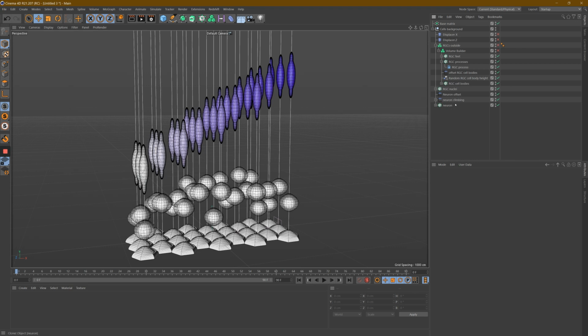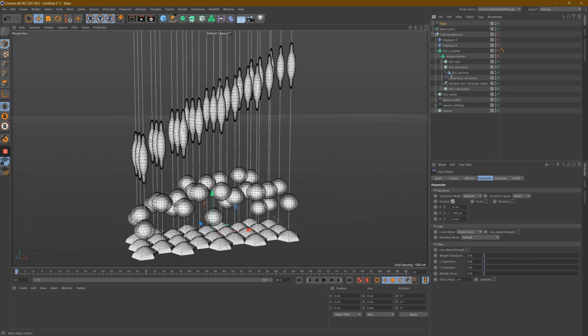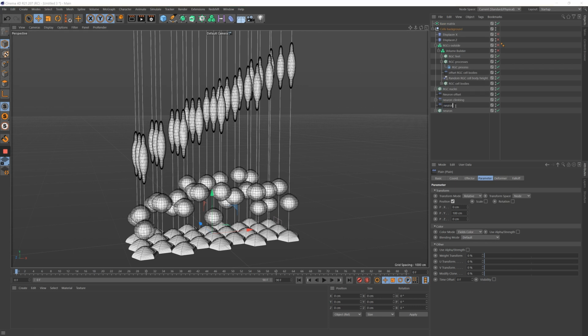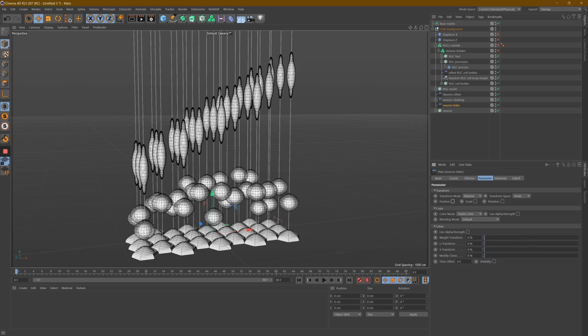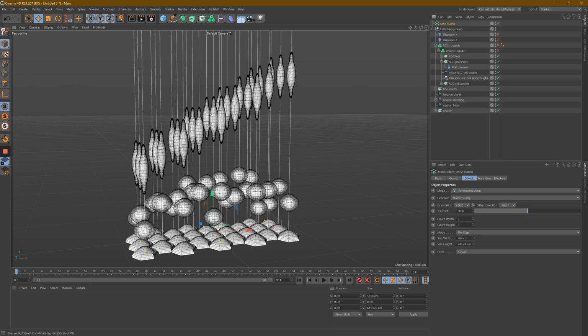So with this neuron cloner selected, I'm going to go again to my MoGraph effector. I'm going to again use the ever handy plane effector. I'm going to name it neuron hider. And I'm going to turn off the position. I'm going to go to my falloff, and I don't have a MoGraph selection tag yet to work with. I need to make one. So I'm going to go to my base matrix, and I'm going to go to MoGraph